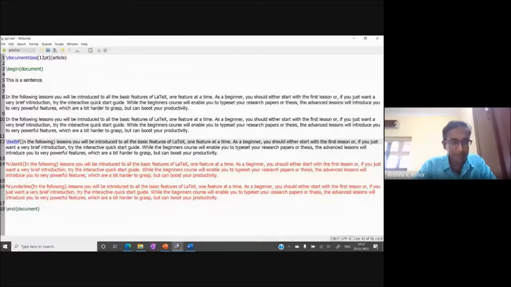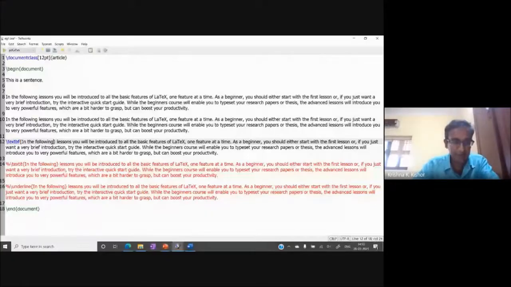The editors are nice in the sense that if I go over it, it highlights. If I open a bracket and forgot to close it somewhere, the compiler will tell me I made a mistake. Most editors have this nice feature: if it matches, it highlights the matching brackets over here.